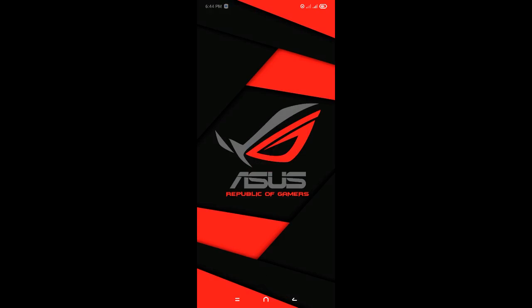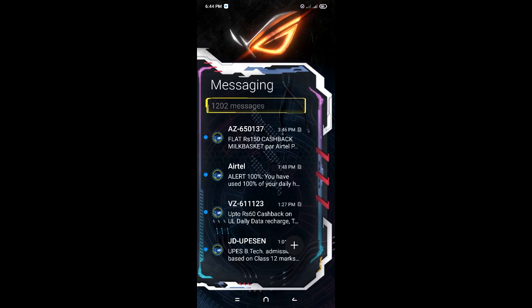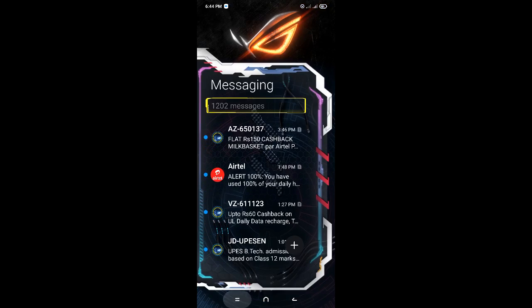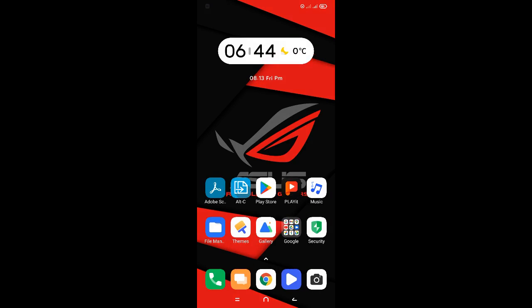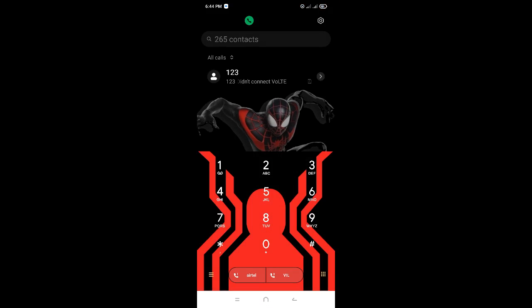Now applying, we can see this now in the home screen. Here we go, messaging. Oh wow, it is looking amazing. Messaging is just amazing, guys. And now we will see the dial pad. Wow, great.